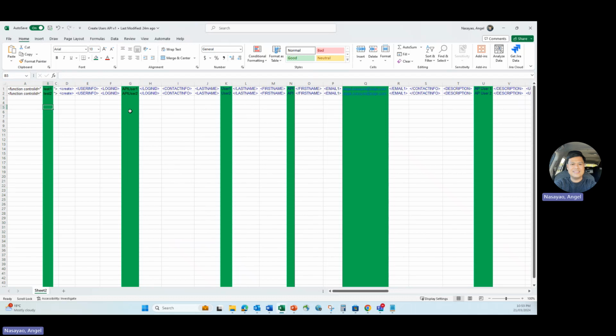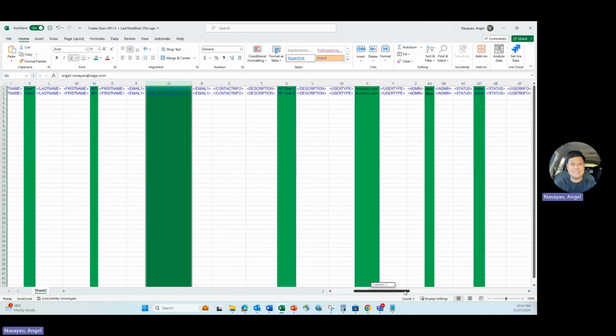I've highlighted here the columns which are dynamic because these are unique per user record. So I have here two user records, and column B is the control ID, like test one, test two in this case, and we have the login ID of that user. So I have here API user one, user two. You can just add more values in there according to the number of users that you would like to create. And of course, variables like last name, first name, email address,